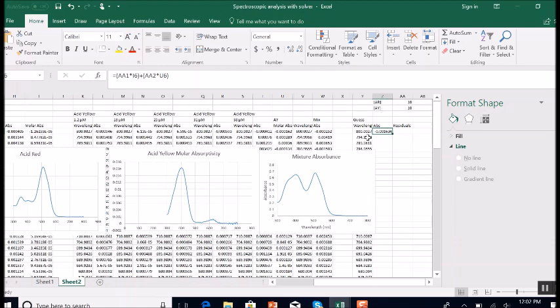Now I'm going to do the same thing at the next wavelength that we've used, 794. But before I can drag it down, I have to fix the references to the cell for the concentrations of these species. And the way you fix references is by putting a little $ sign in front of the number in the reference, so that when I drag this down,